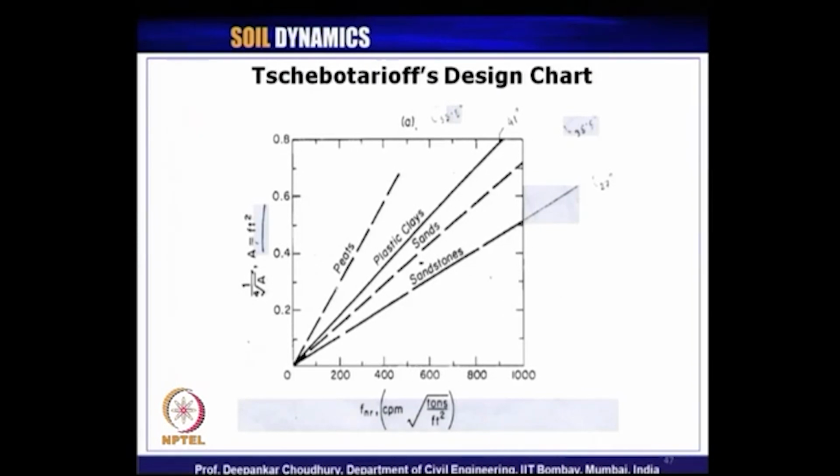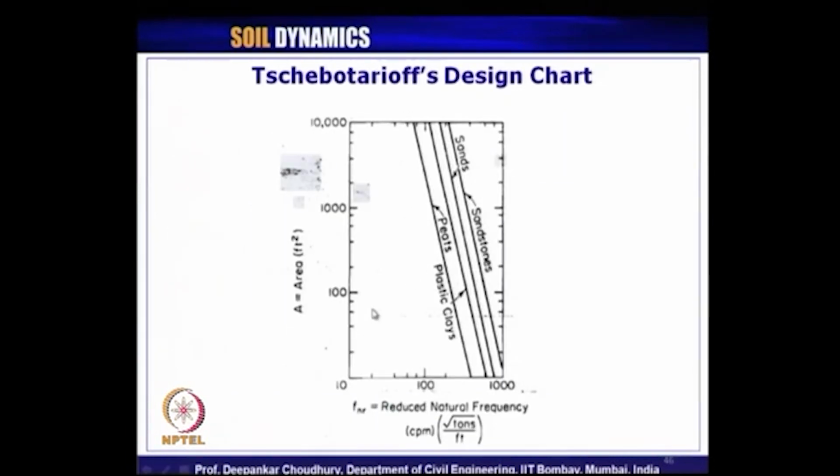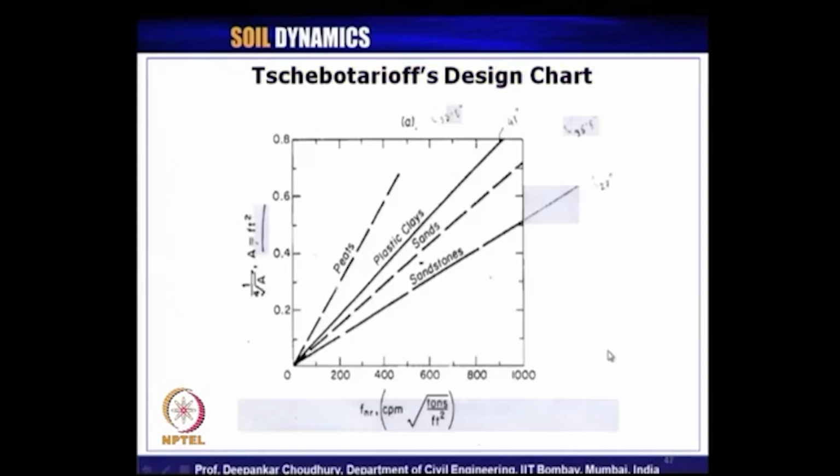So, if you read your design value from this chart, to reduce the manual error, it is always better to use the graph with natural scale than logarithmic scale, because in log scale, if you miss a very small point, small distance, it will be magnified hugely. So, that is why among these two charts, same charts, the second one is preferred for design purpose, though it will give you a complicated value of